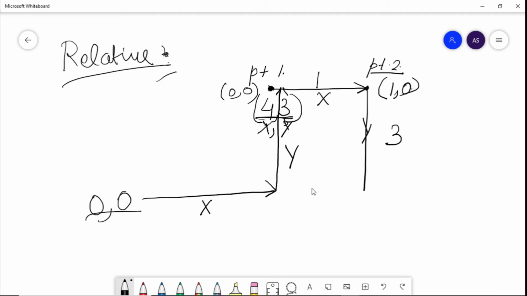And if it was the absolute coordinate system, then the value would have been 5, 3. So this is according to relative and this is according to the absolute. Now let's redo all of these examples with the help of a new example and in the form of the absolute as well as the relative coordinate system.